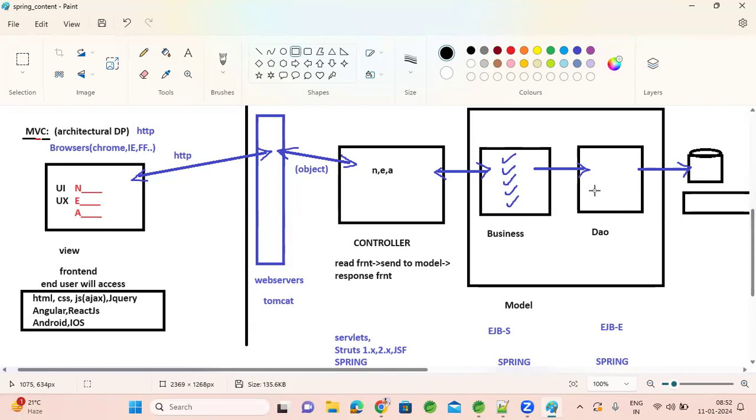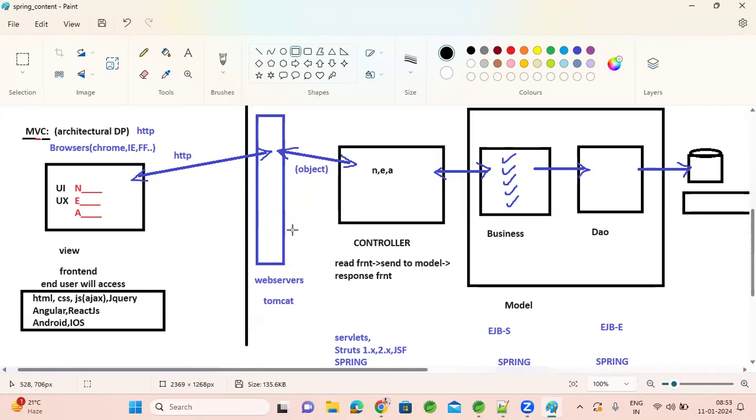When you implement an application, if something is not going well, or if you want to adopt something new to bring your application up to the market, your application should be in a position to support that. Something I want to remove and something new I want to adopt. If you followed the MVC architecture and designed your application in separate layers, removing a layer and adopting a new layer will be easy. So it's easily maintainable.